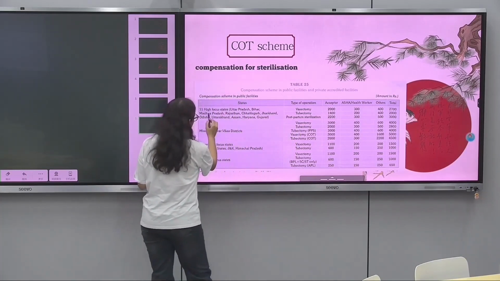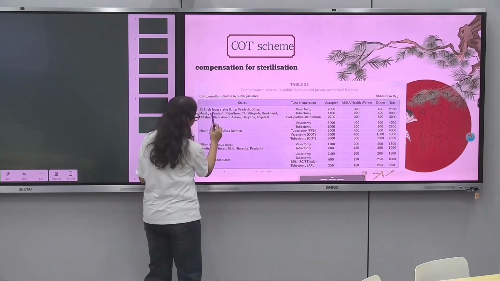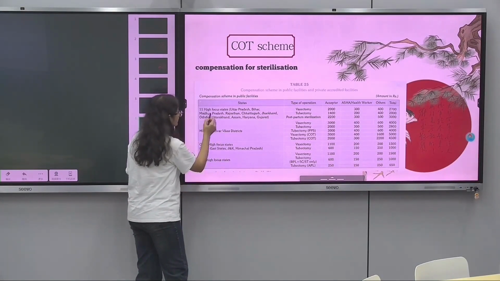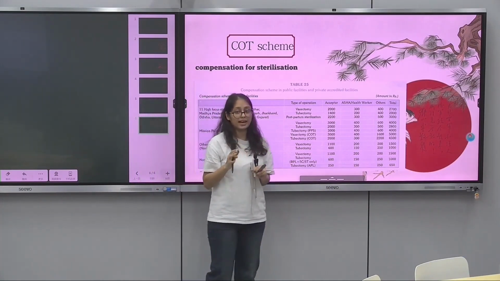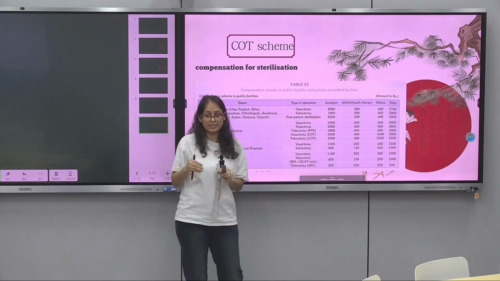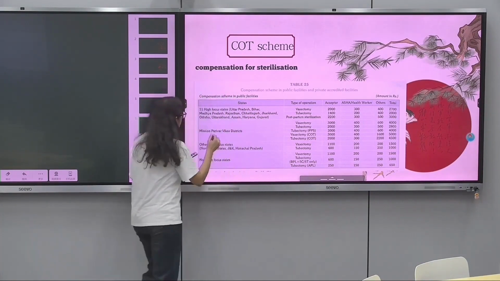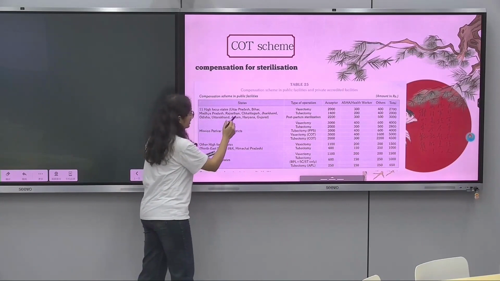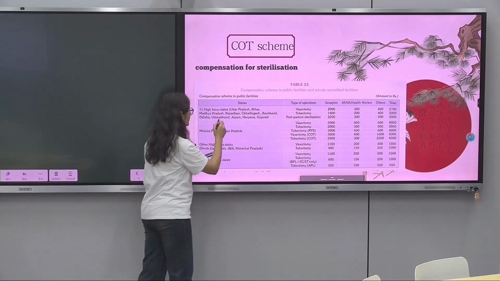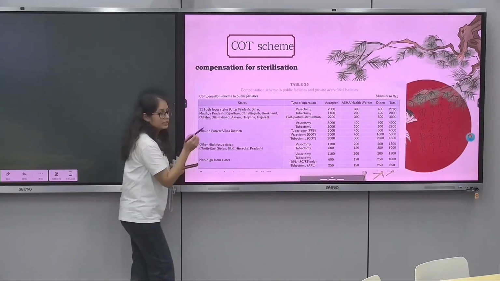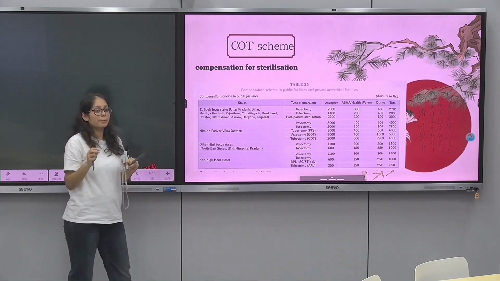These are the 11 high focus areas, and then the other non-high focus areas. What are the high focus areas? The ones where the population is large and we want to decrease it. The 11 high focus states include Uttar Pradesh, Bihar, Madhya Pradesh, Rajasthan, Chhattisgarh, Jharkhand, Orissa, Uttarakhand. Even though the area is large, the number of people should also be according to the area.